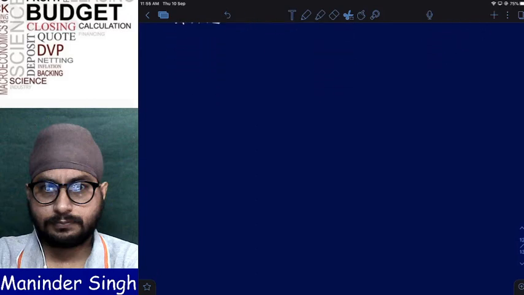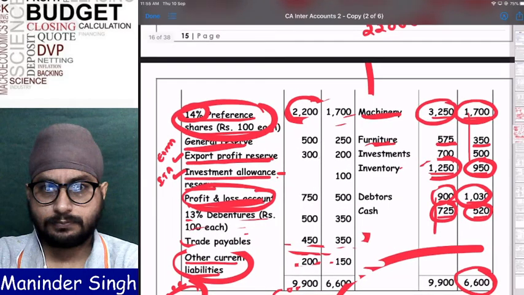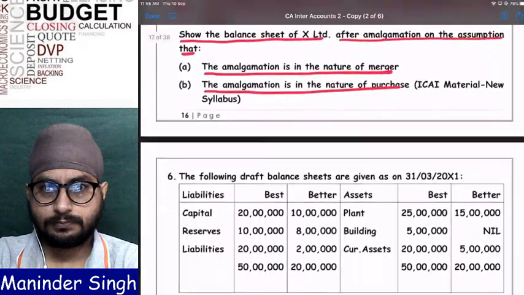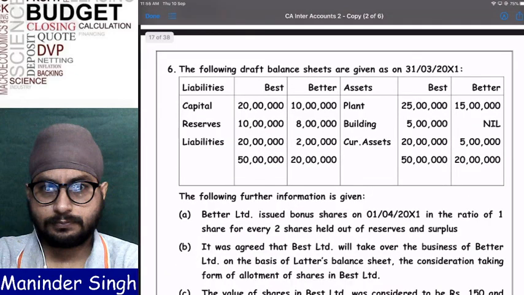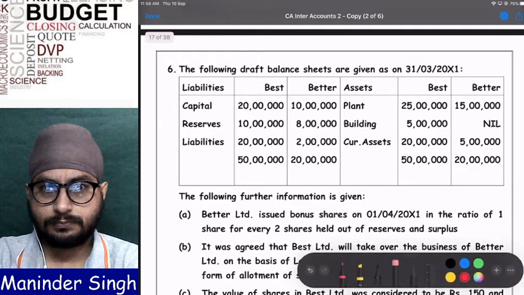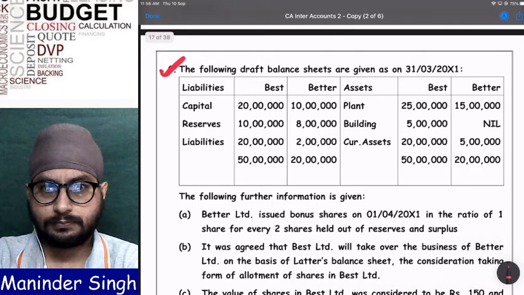Okay. So now we'll move forward to the next problem. Question number 6. Once we are done with solving the problems, I will open some question papers. The last 4 or 5 question papers will open, and then we'll see whether you are able to understand the question papers using the material we are studying. Because at the end of the day, even if you study 1,000 problems, if you are unable to understand the question paper, that is just a waste of time. So maybe tomorrow or the day after, whenever we are done, we will solve some question papers.